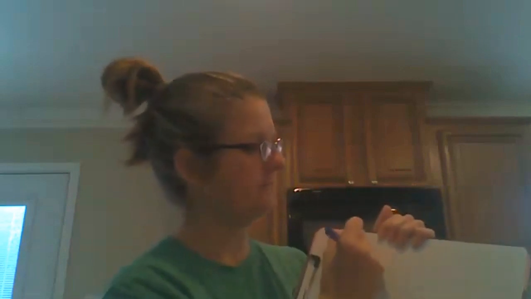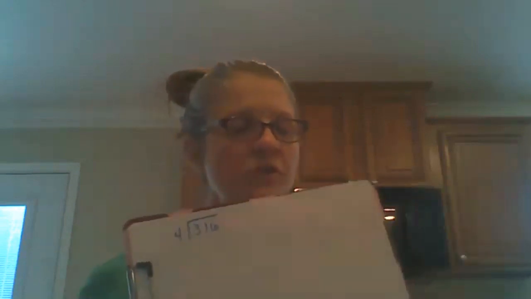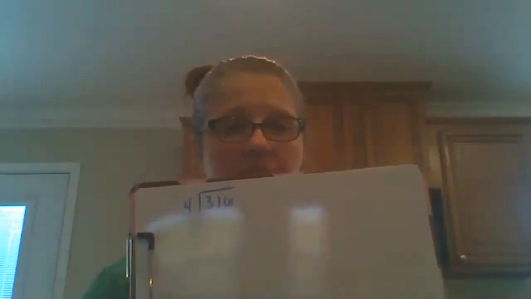We're going to do a single digit divisor and a double digit divisor, okay? That way you can see and remember what it looks like, all right? So let's say that we were going to do the problem 316 divided by 4. So if I'm thinking about using the box method, first of all, I notice that my